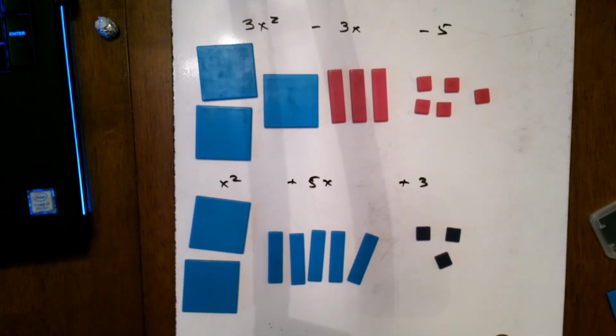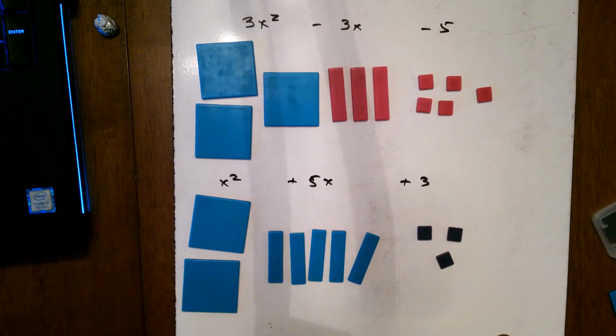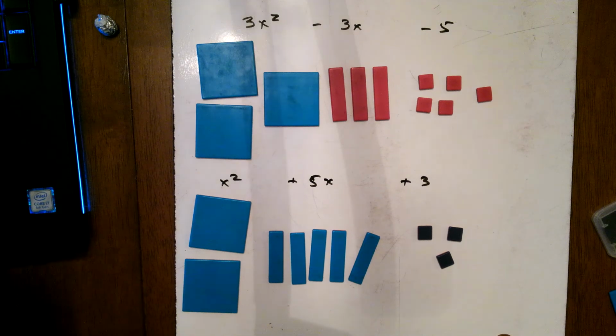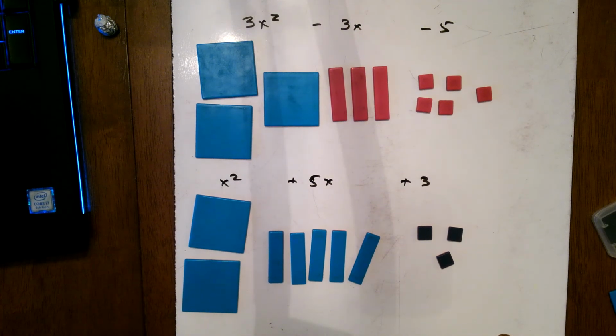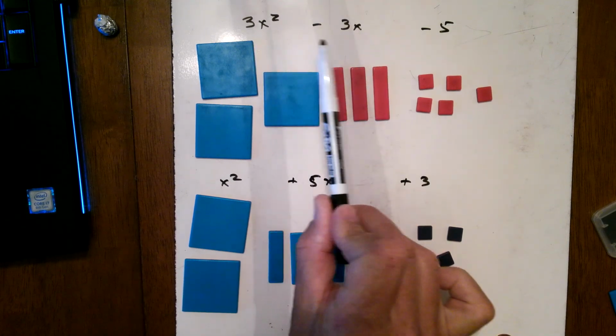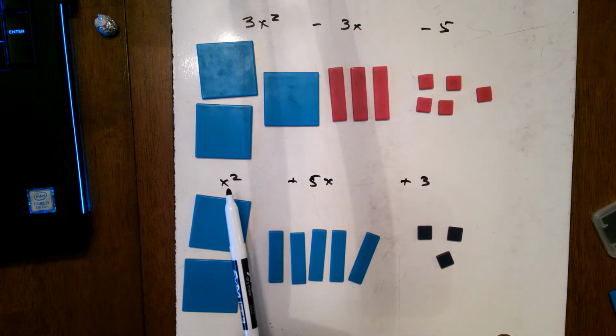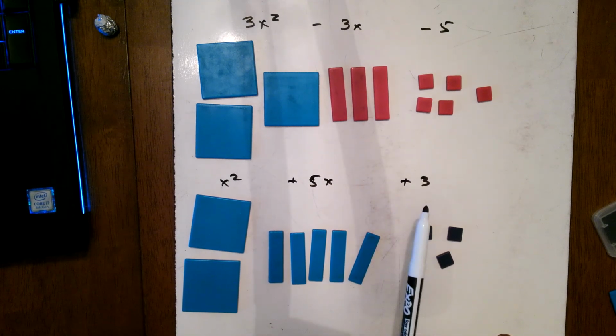Morning, guys. Today, we're going to start combining, or adding, polynomials. So last week we talked about polynomials. We can see this one is a trinomial, 3x squared minus 3x minus 5. We have another trinomial down here, x squared plus 5x plus 3. Okay, and we're going to start using models to learn how to first add